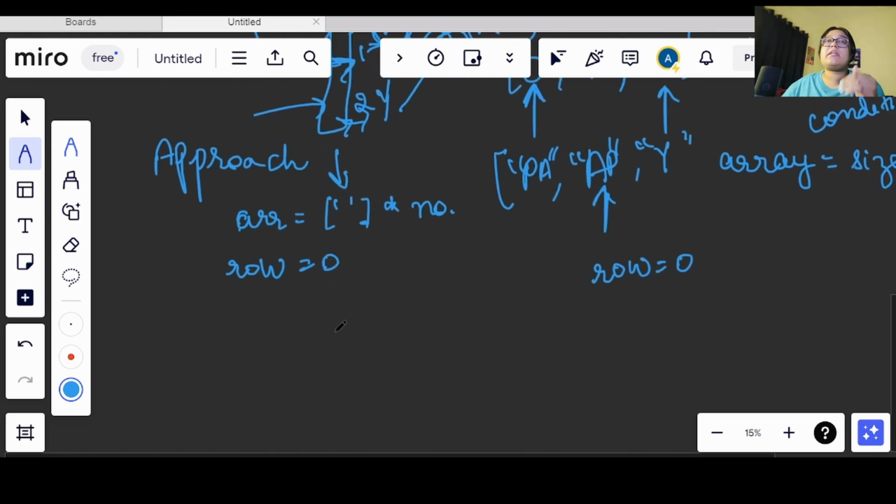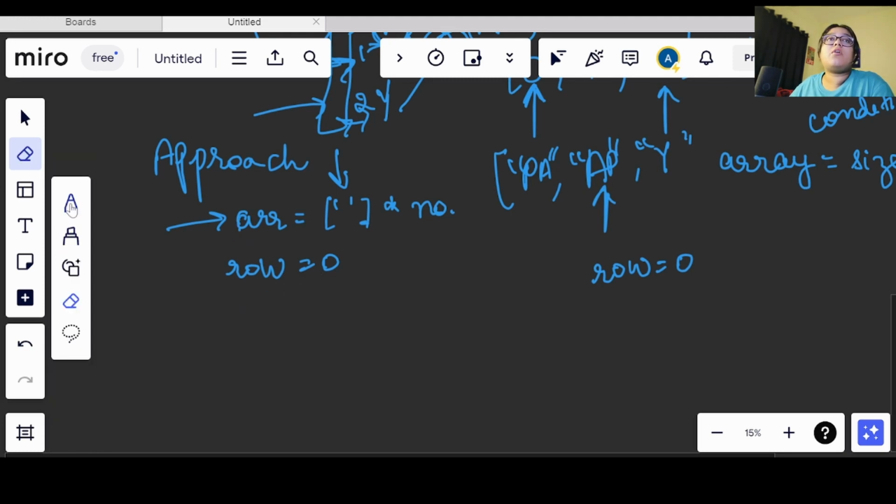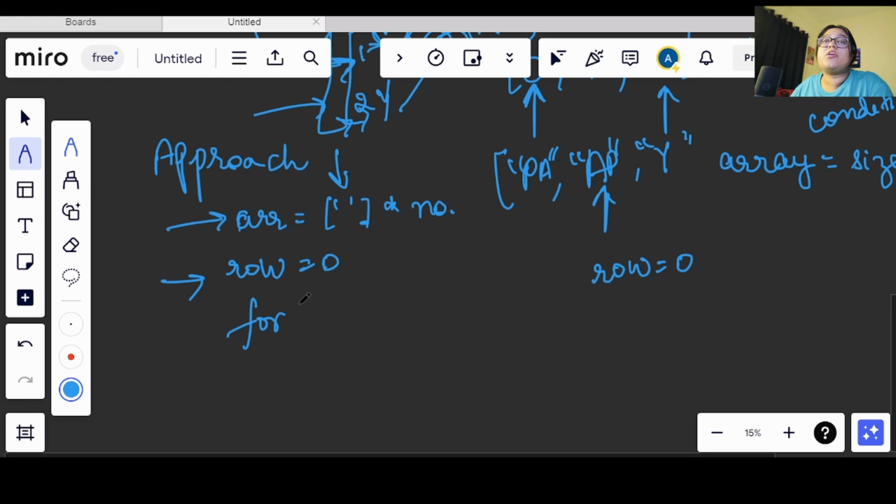Whenever we are concatenating any character at a given index in the array, we will be using this row value only. Okay, so now we have a row. What we will do now is start iterating over the string. So let's say I have a for loop which helps me iterate from 0 to less than n. This n is the length of the string.